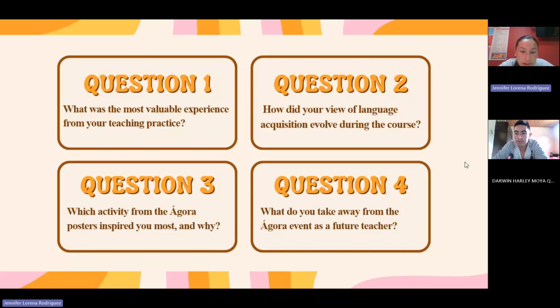The most valuable experience from my teaching practice was learning to observe and critically analyze virtual sessions in a detailed way by reviewing how the class developed. I was able to identify which elements make a session dynamic and motivating, or on the contrary, boring for the students. This analytical process allowed